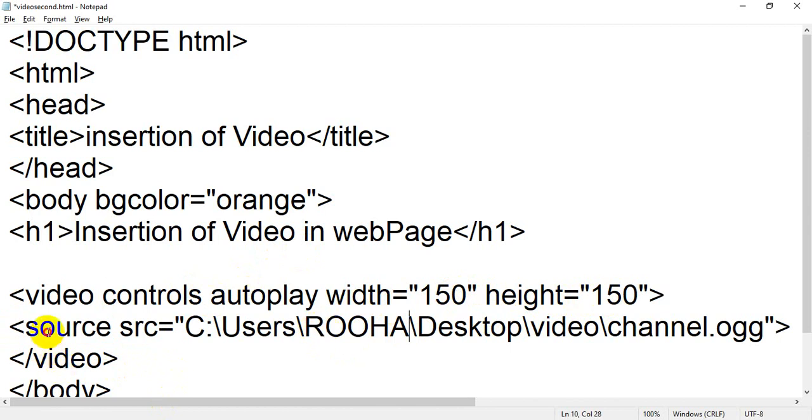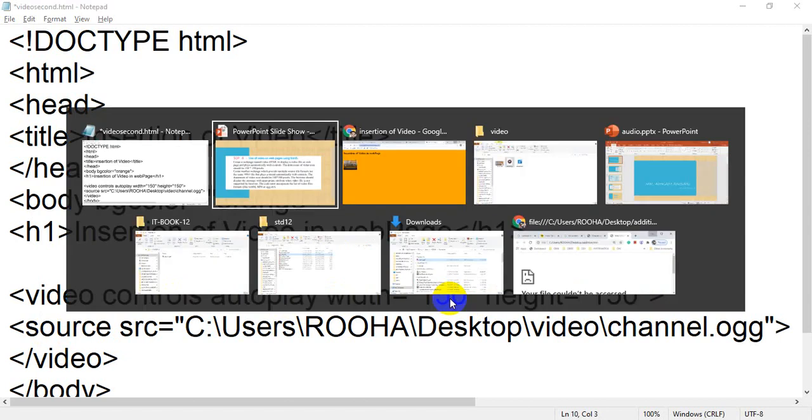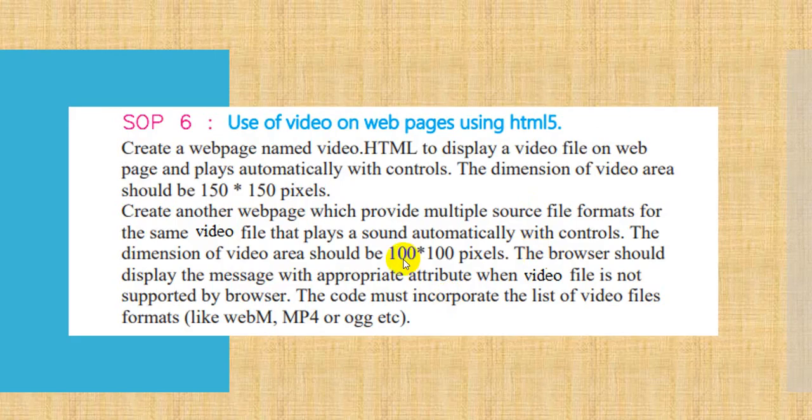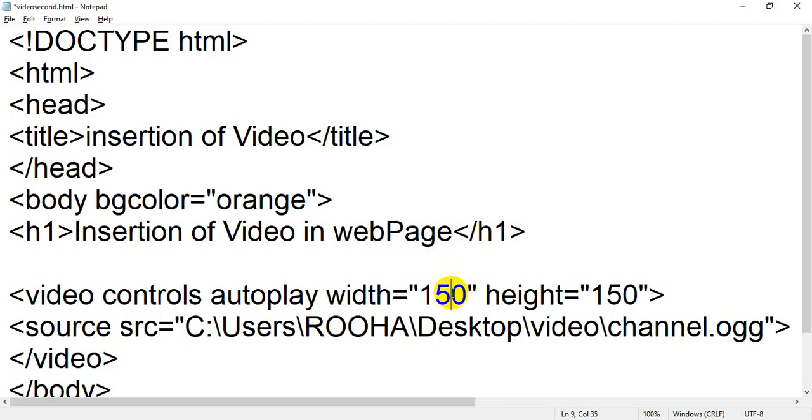That's why I am using the source tag, and we have to change the dimension. In our question, the dimension is 100 into 100. Initially it was 150, so I will change it to 100 width and 100 height.